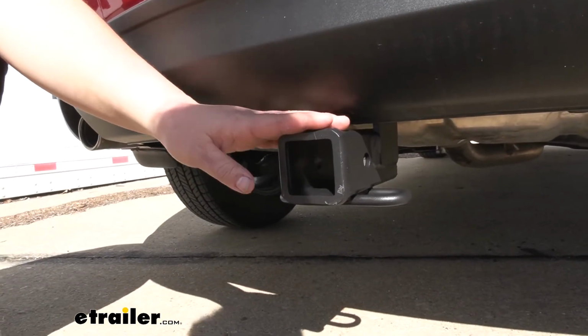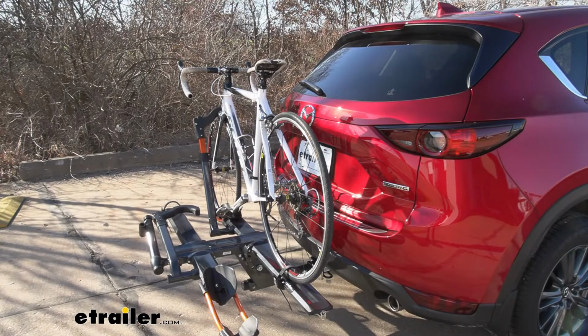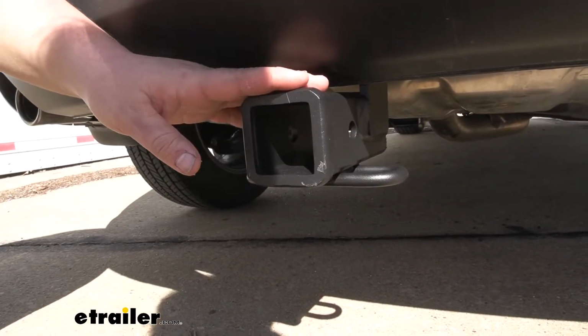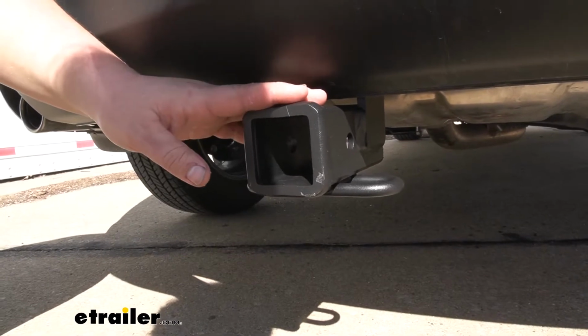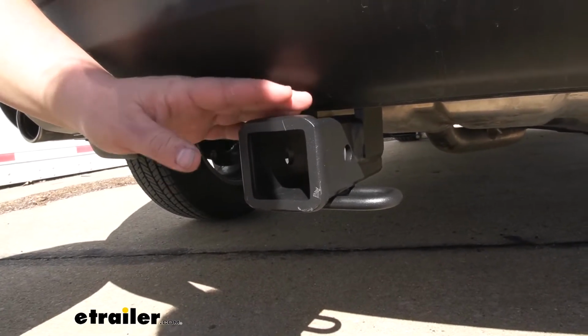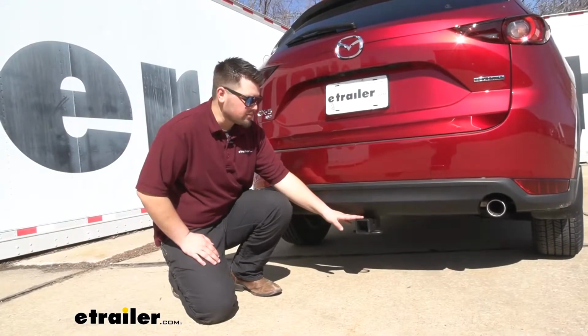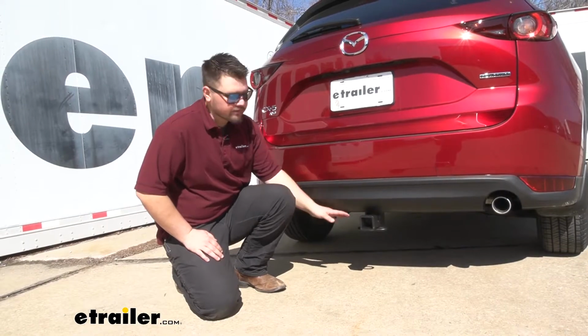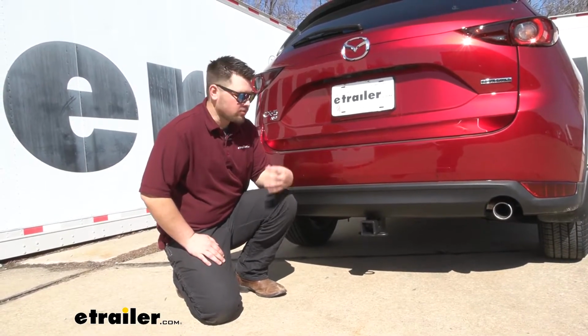We're going to be able to take all of our toys with us, whether that be a bike, some cargo, or even tow a trailer. This 2-inch by 2-inch receiver tube opening is going to play well with a lot of different accessories, making it easier to select a cargo carrier, a bike rack, or a ball mount. The only part that's going to be visible is our receiver tube, so you're not going to see the big cross tube hanging down underneath of our fascia,